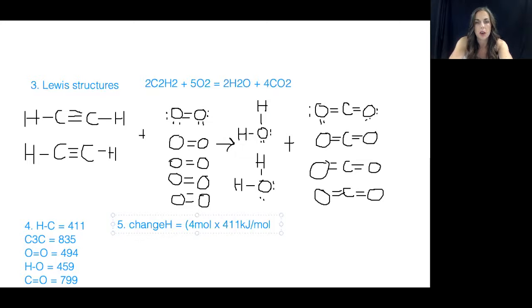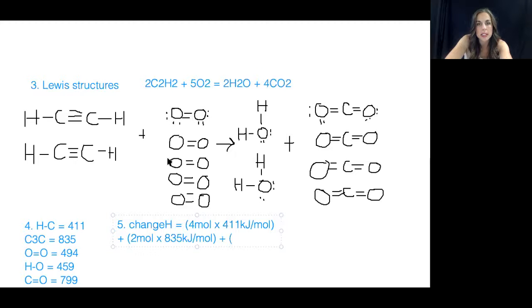Okay, plus we've got carbon triple bonded to carbon, and we've got 2 of those. So 2 moles times 835 kilojoules per mole, plus